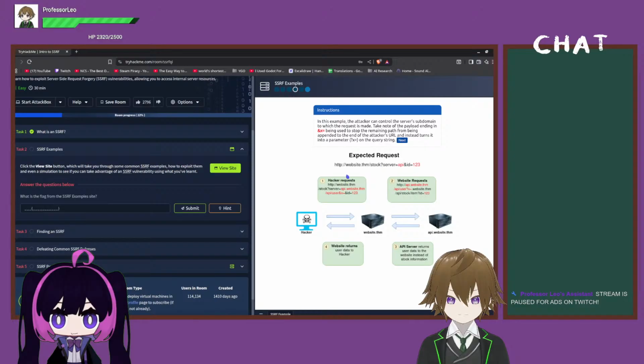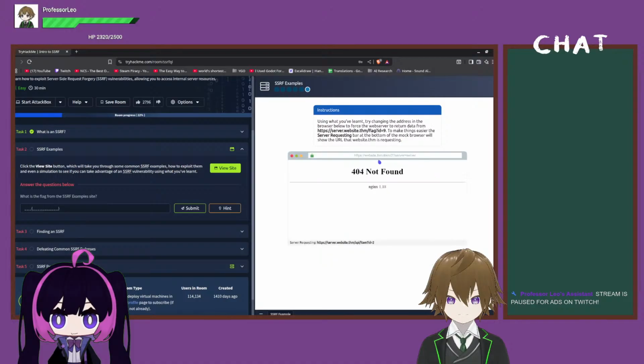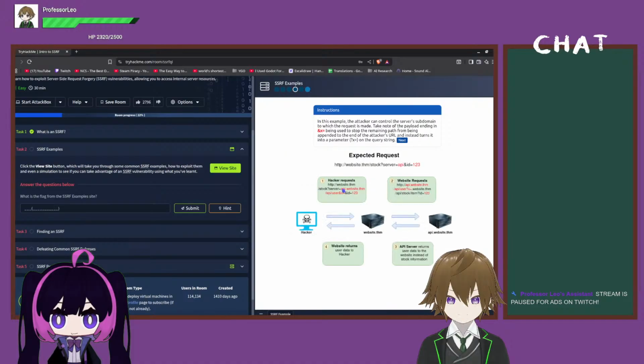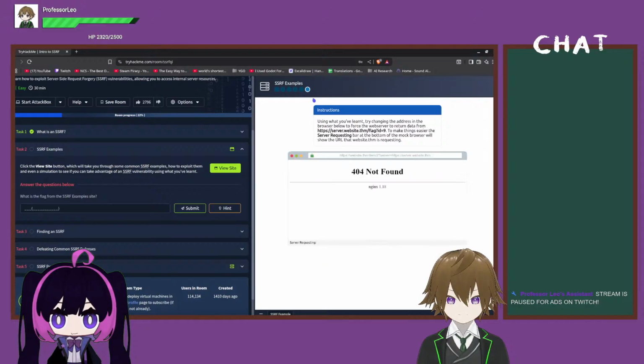Because the expected request, if I pass api.website.thm and so on, let me try to do something like this. Server equals server.website.thm. Something like this. Let me check this again. Okay. So if I try to force it like this, and then end